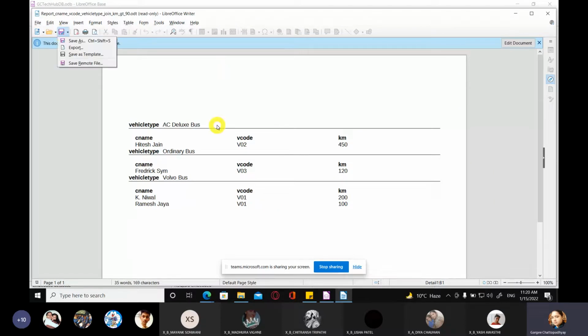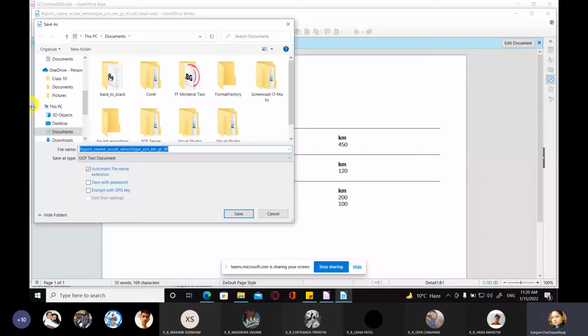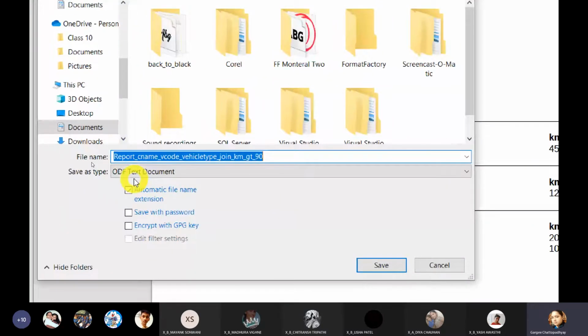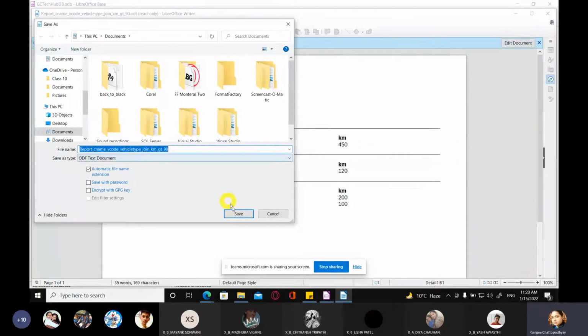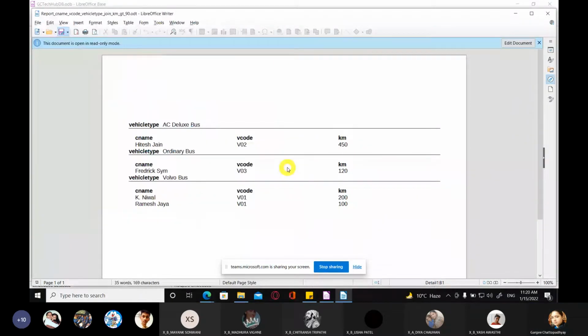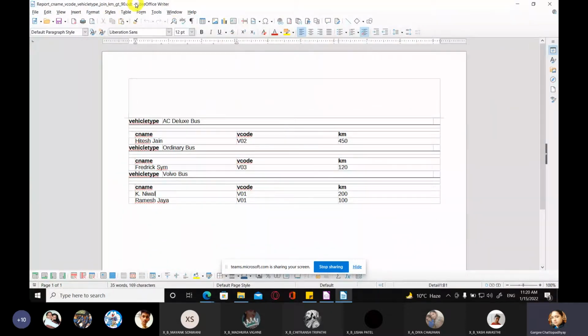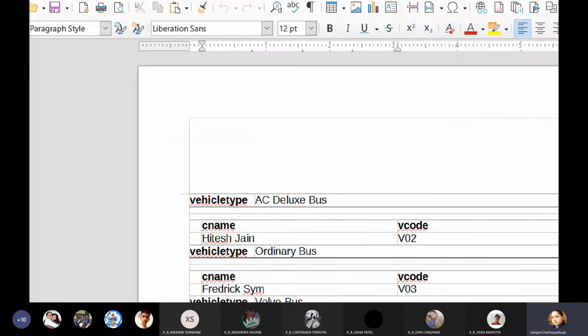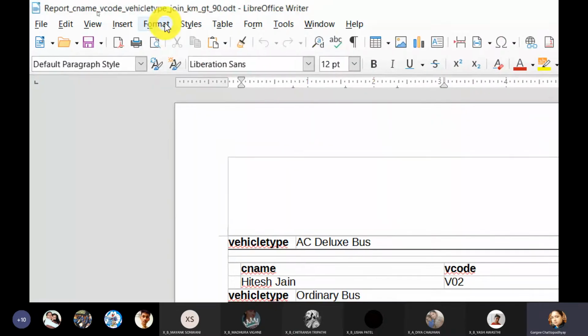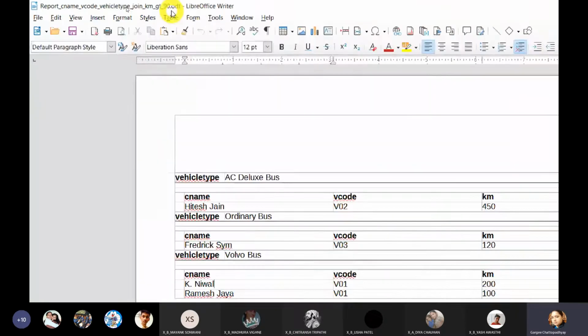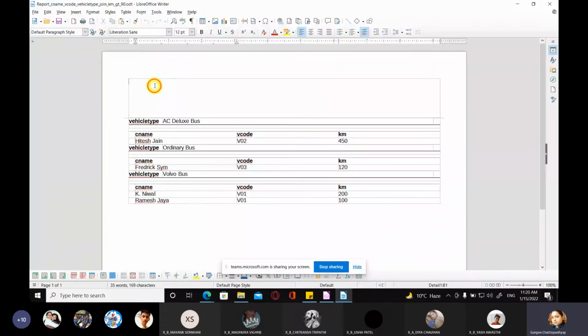So you can save the report. I'm going to just save the report with Save As, and it will be saved as an .odt text document, that is as a Writer document. So I'm going to just save it, right? So now it is saved as a Writer document, and you can see the name of the software in the background, LibreOffice Writer, and .odt. So now you can make any changes, you can add anything over here, give header and footer information, or I'm going to close it from here.